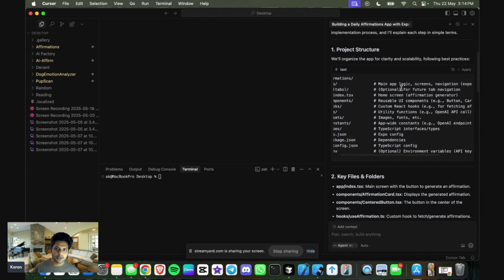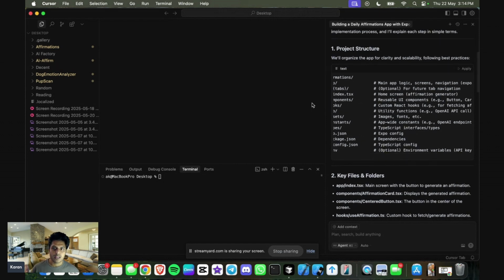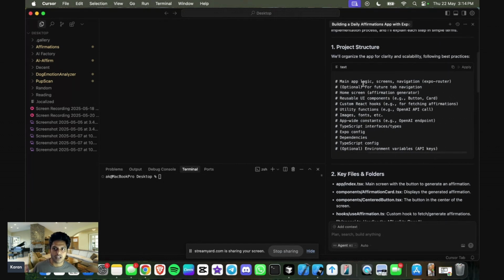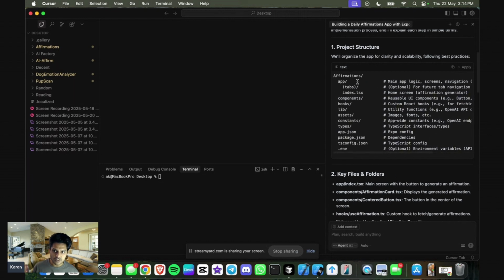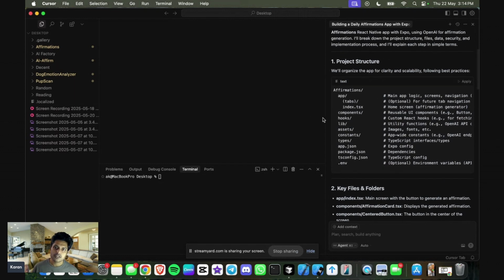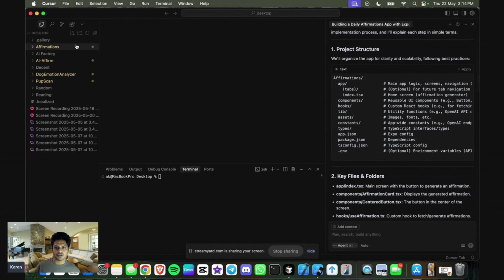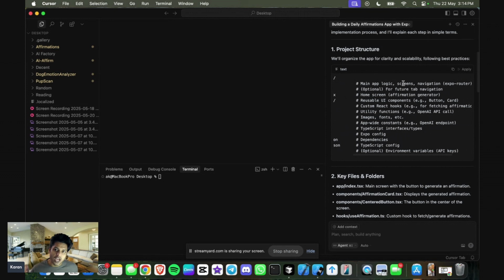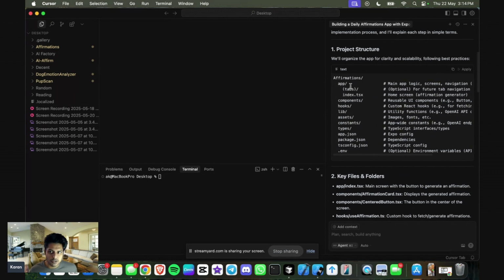And here, this is where Cursor is really powerful. It's going to actually explain what each of these folders or files does. So within affirmations, affirmations is our main folder. We might have to change that because I already have a folder named affirmations, but you know, we can call it affirmations 2, what have you. Within affirmations, we have our main app folder, which here it says is our main app logic, the screens, and the navigation, which we'll be using Expo Router. Then we have tabs, optional for future tab navigation,